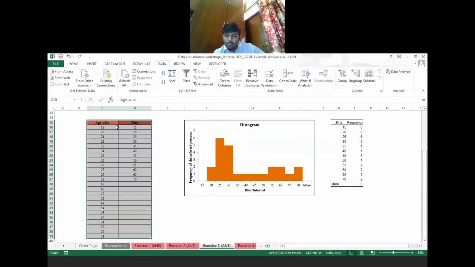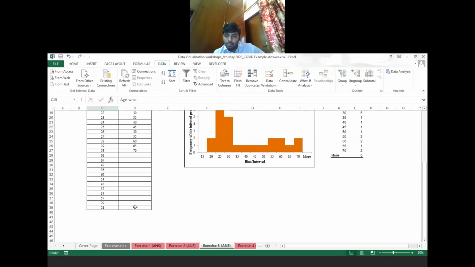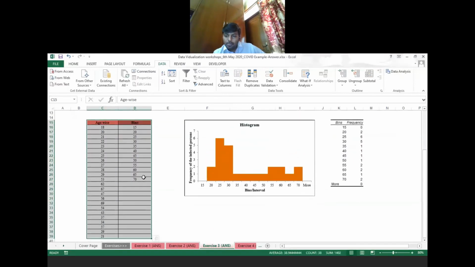Again, I'll show you. For making the histogram on the basis of age and bins, select the data, go to the Data option. Please see my mouse pointer. Go to the Data option. After going to the Data option, simply at the end, you'll have an option, Data Analysis.